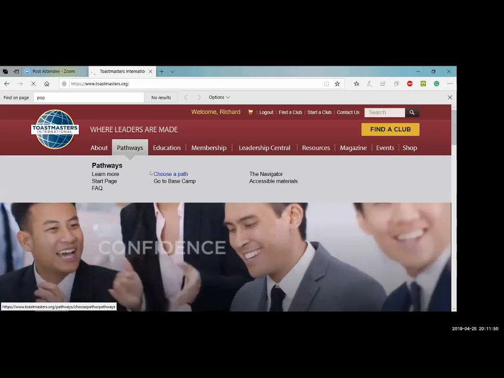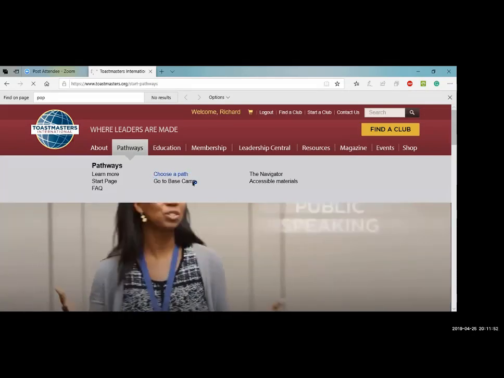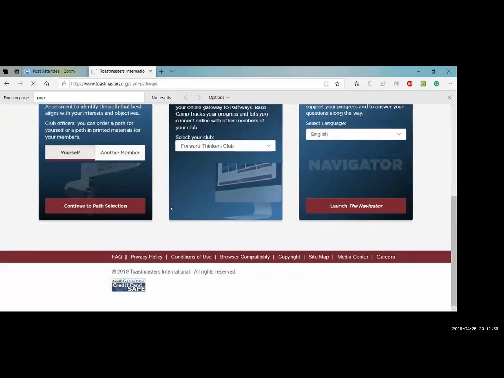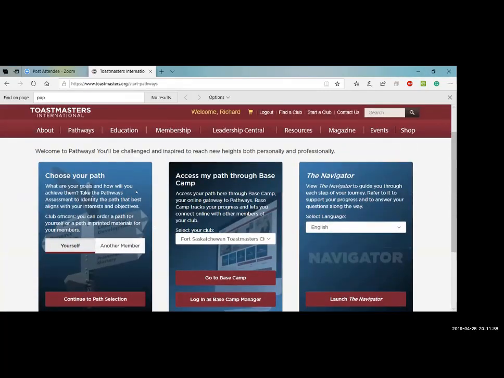Pathway, choose a path. You want to order printed material like Doughton mentioned, and you click here, choose your path for another member. Club you are purchasing for, okay, like I